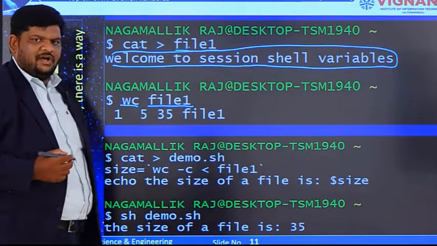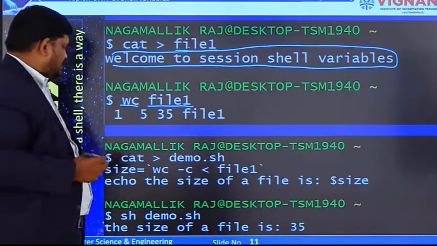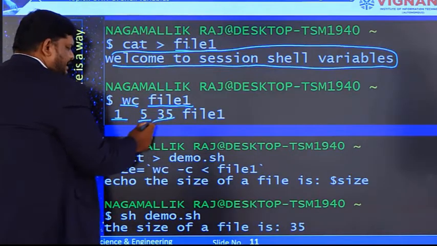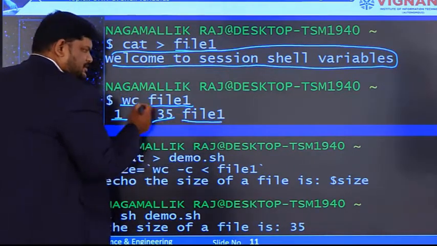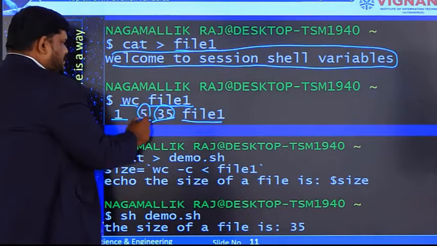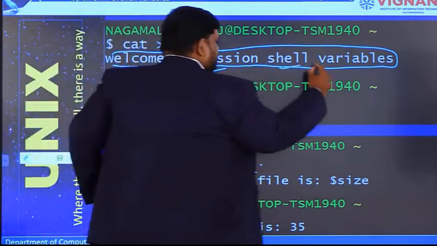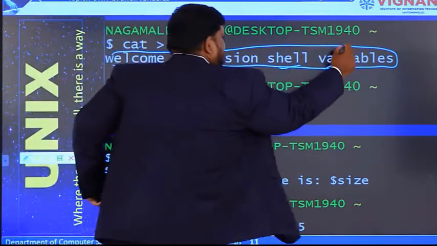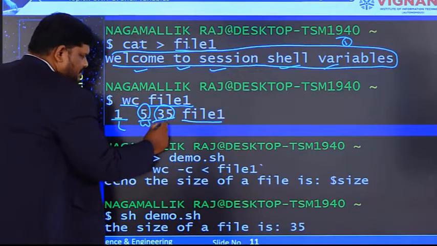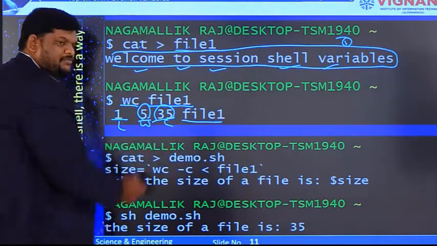We know what the output is. wc means word count. So how many lines are there? How many words are there? How many characters are there in that file? So this is the output. We know a total of 35 characters are there, 5 words are there, 1, 2, 3, 4, 5 words, and only 1 line. So this is the meaning of number of lines, number of words, number of characters. This is the file name.